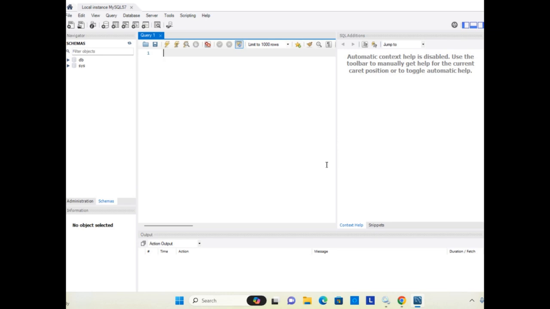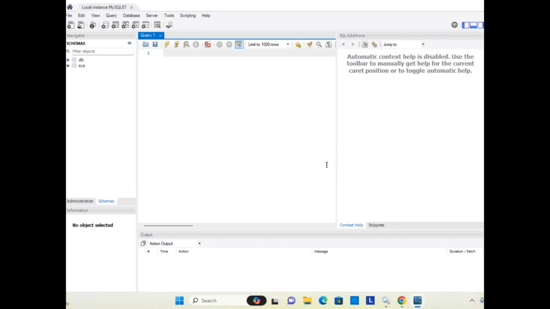Whatever command you are going to give to your database, you will give in SQL, which is a query language, so that you can interact with your database. SQL is a structured query language which helps the user interact with the database which is stored in the computer. It is similar to English, Hindi, Tamil, Telugu, which are languages in which we can communicate with each other. In the same way, with the help of SQL, you can communicate with the database which is stored in your computer.